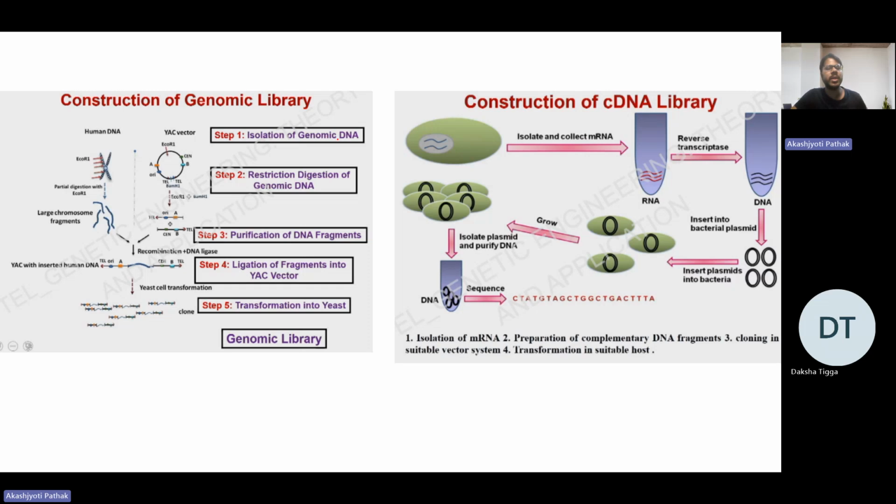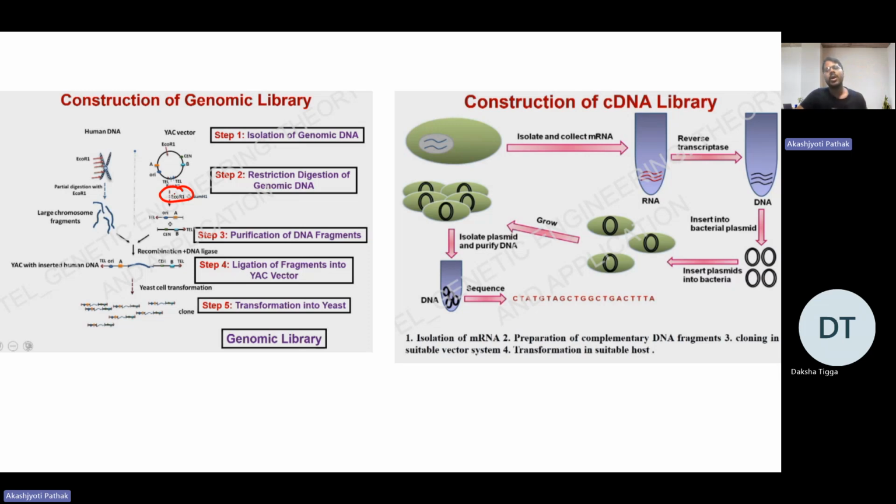So you isolated the genomic DNA by this treatment with isoamyl alcohol and the phenol chloroform method. And then you restriction digest the genomic DNA with EcoRI. This is the most commonly used because EcoRI has a particular restriction sequence, and this sequence will be present at multiple sites within the genome. So it will give you multiple DNA fragments. Once you have the DNA fragments, you clone them in a vector, and then you transform this cloned vector within a host cell. Okay. And then you create a GS library, so that all the host cells having these different genomic fragments